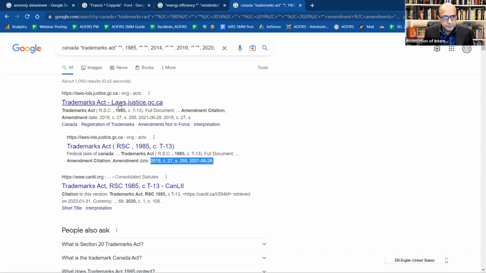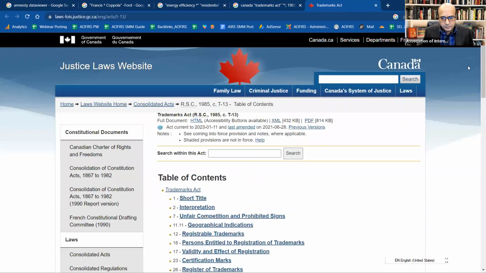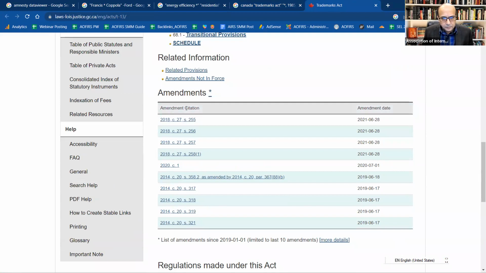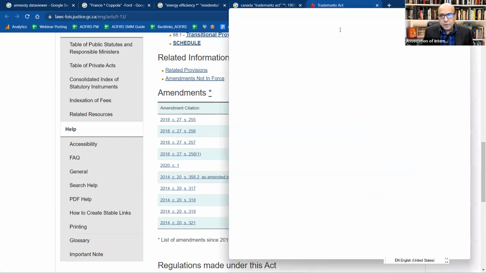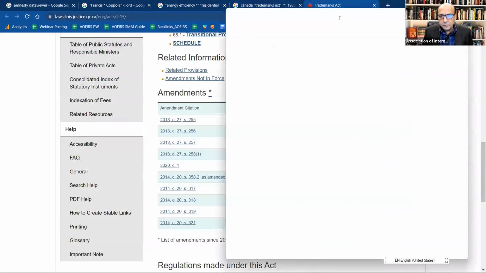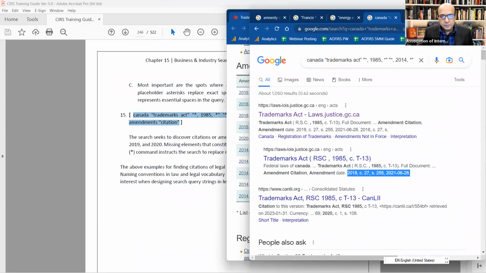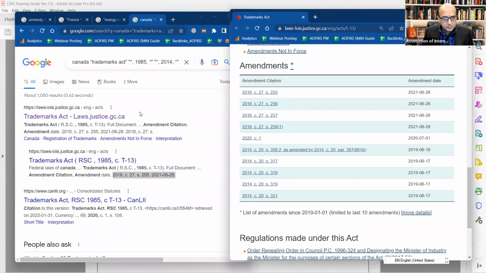Bring everything. Amendment citations 2018 2014-C to bring it out. (1985)